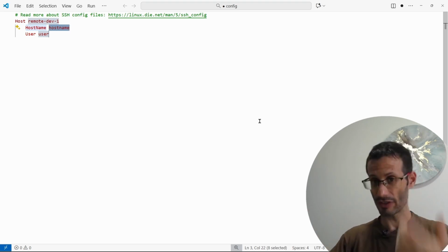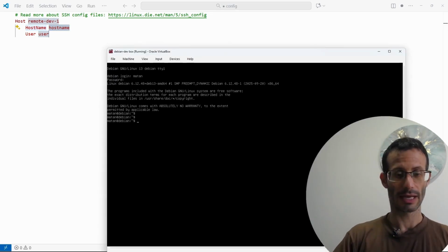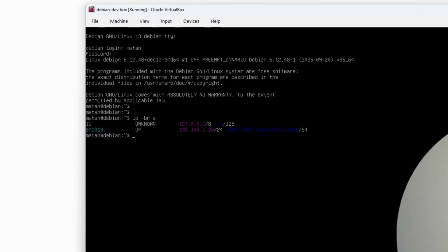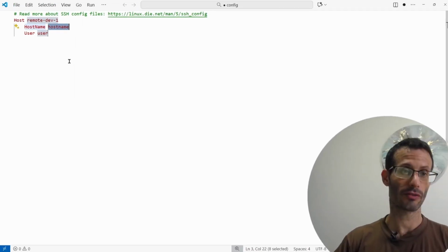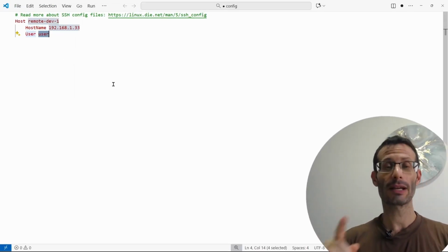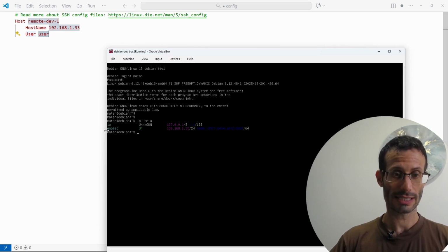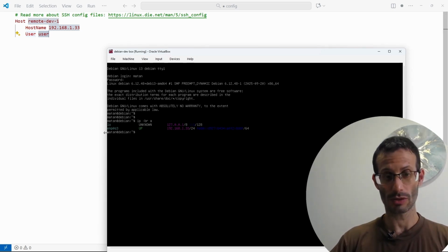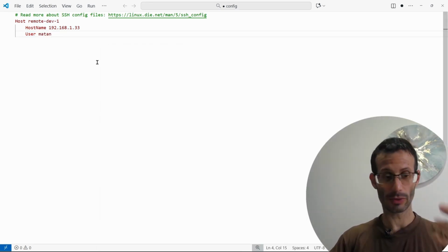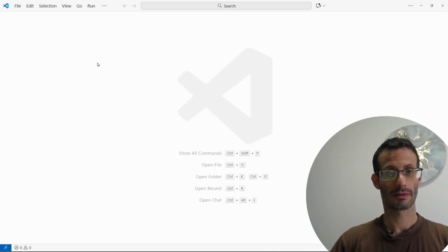So let me open my virtual machine, and here it is. And I'm going to run ip br a. And here we can see the IP address, 192.168.1.33, and this is what I'm going to write here for my host name. We then need to provide the user, and once again, looking at the virtual machine, we can see here the name of my user on this virtual machine, so this is what I'm going to write here. And once we are done with that, we can save this file and close it,